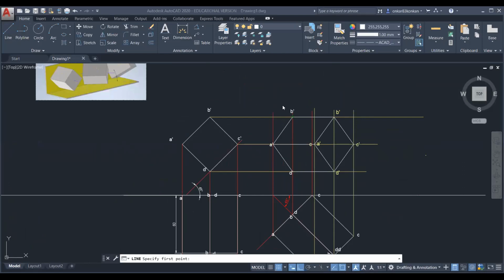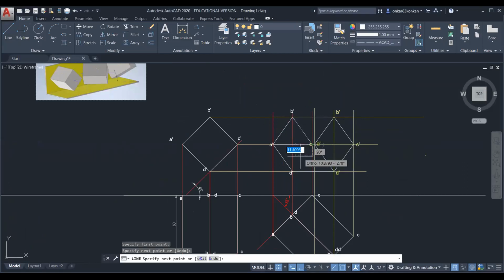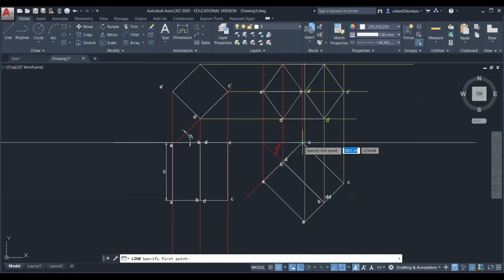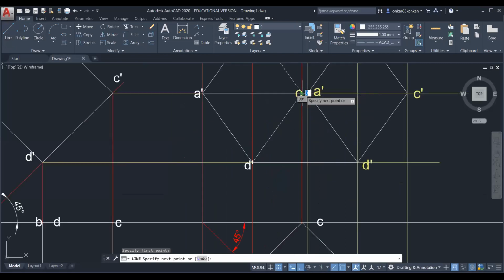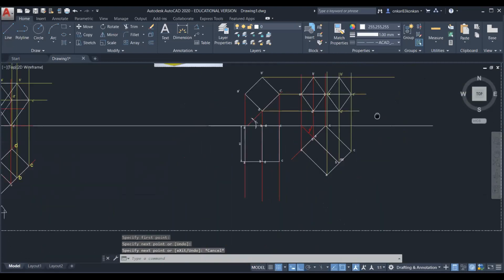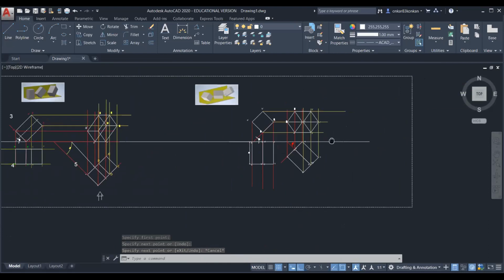So the first hidden edge is B dash C dash, second is C dash D dash. Okay, and next one is a vertical edge. So you can observe in the top view, this CC is the hidden edge. So this C dash and C dash will be hidden. Okay, so this is the second stage front view.